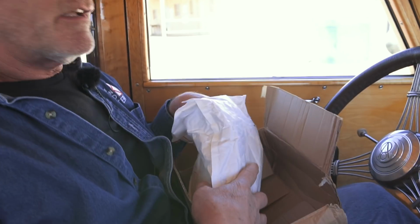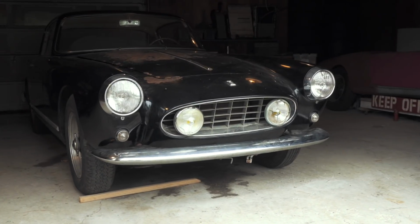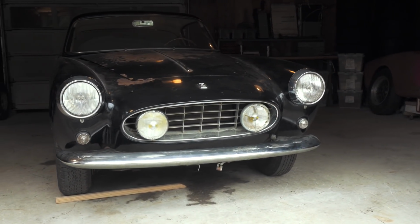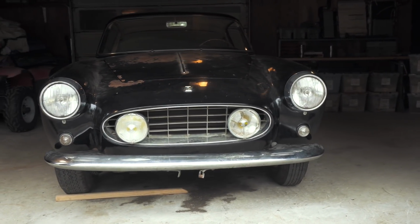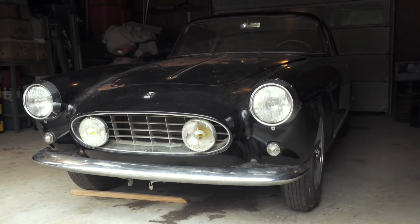Well, what comes in the mail to me recently from France is a fog light for that Ferrari. The same thing, it's a Marchal. This was sent from France by Etienne Musslin, who lives outside of Paris, who is a car collector, a car enthusiast. And he said, I want your friend to have a light, didn't charge for the light, didn't charge for